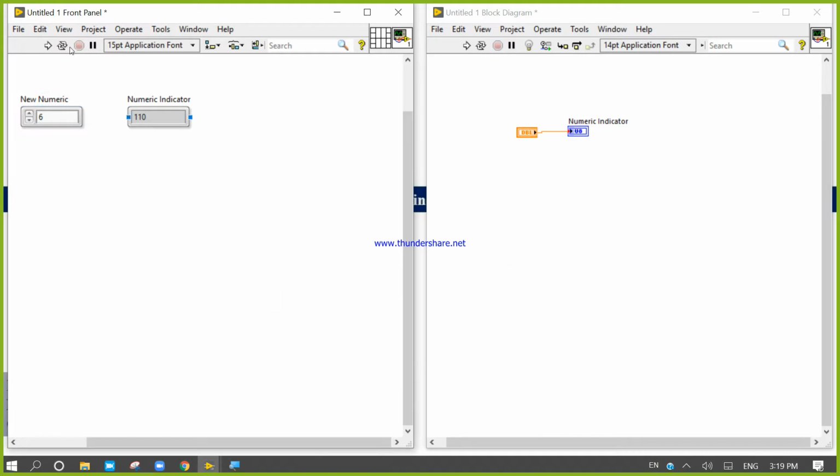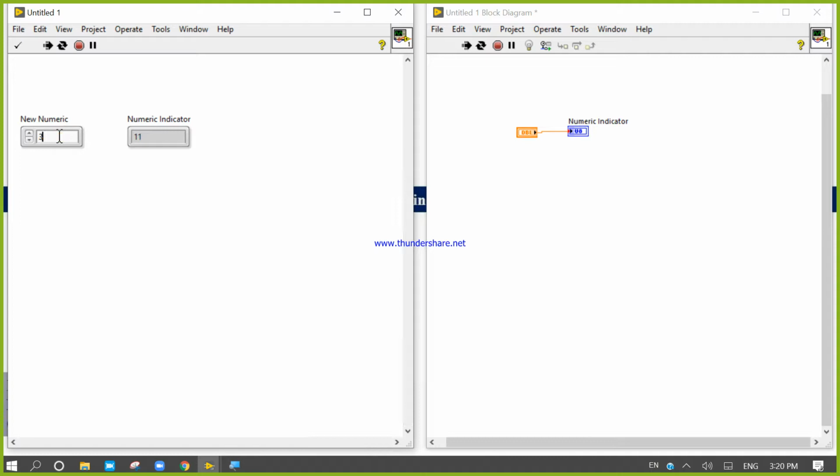Now let's see the magic. The minimum will be 0, it will not go less than 0. After 0 comes 0.5, 1, 1.5. Now look here, in this condition it increases on the basis of 0.5.